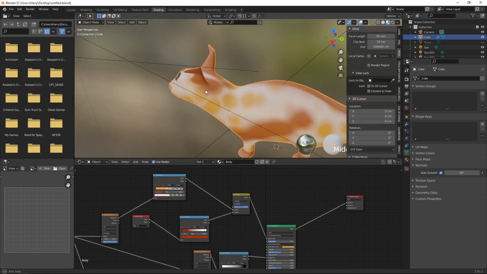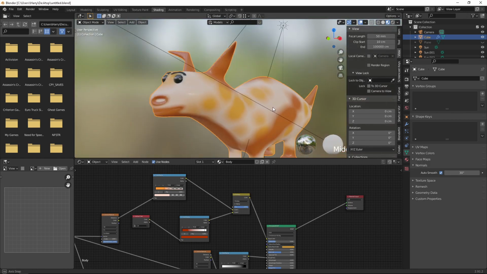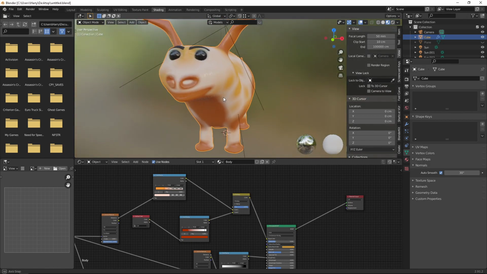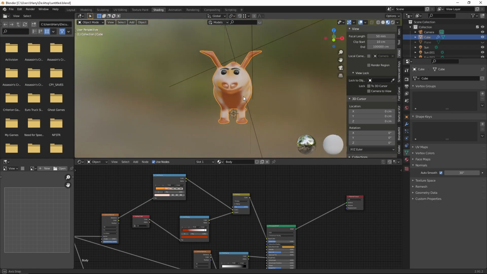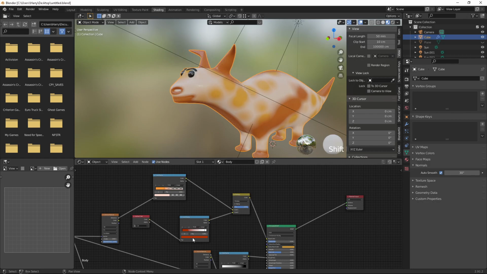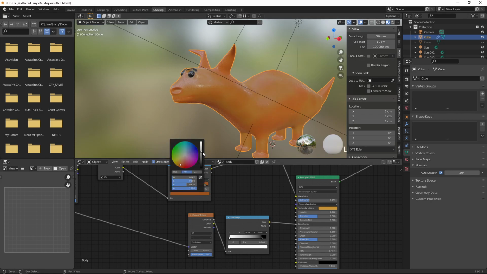Fine. Now in this, this is the one color, and we are going to play with this white also. In this white, I'm going to give a light color.